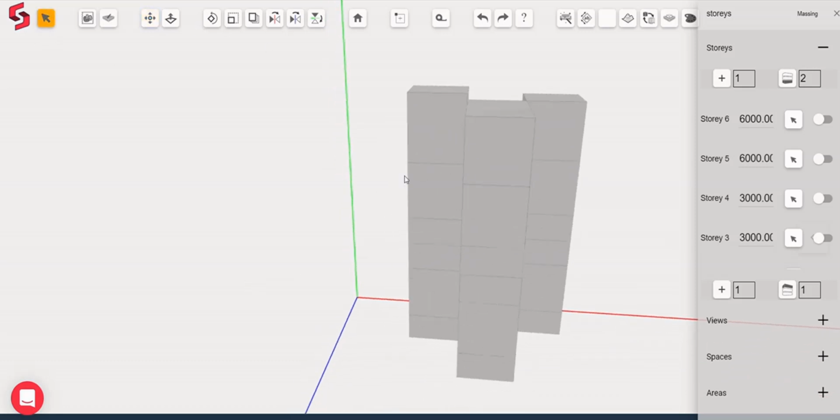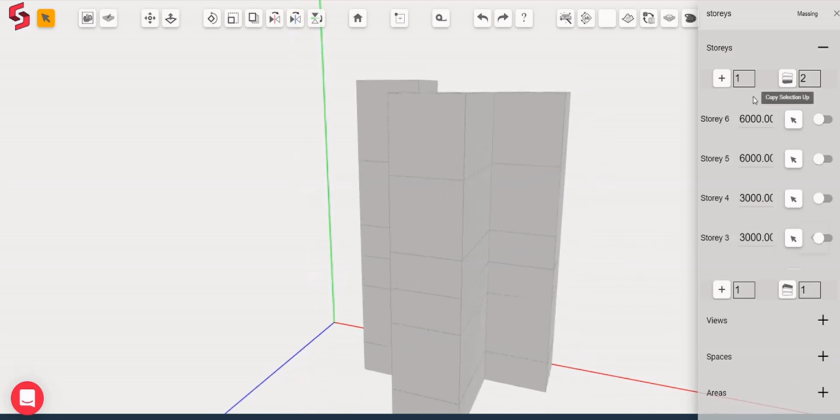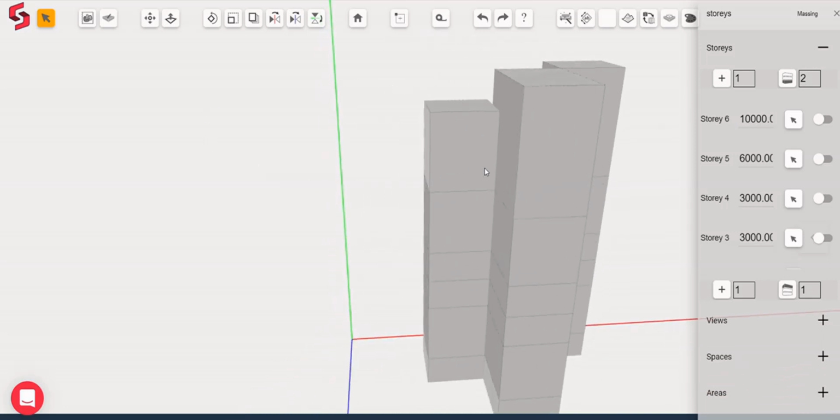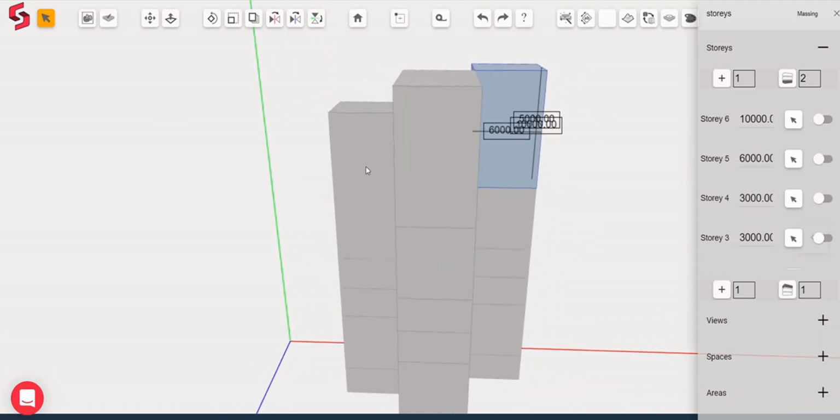Now the height of this mass is 7000, while the height of the rest of the objects in that story is 6000. Let's change the height of that story. I'll change it to 10,000. You'll notice that apart from the edited mass, other objects' height have changed to 10,000, while the edited mass remains the same.